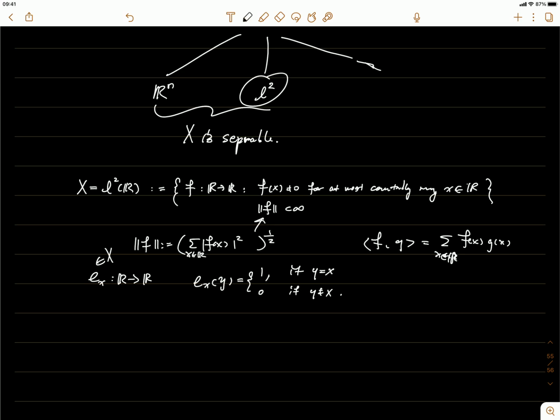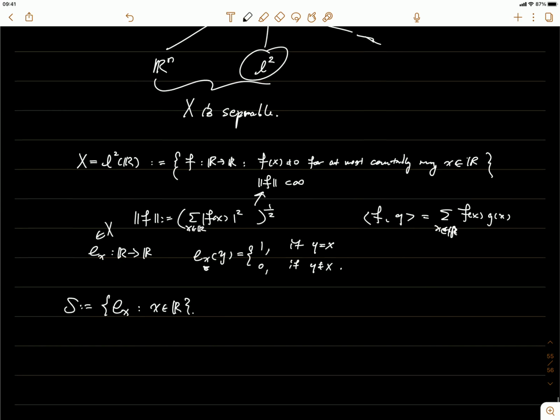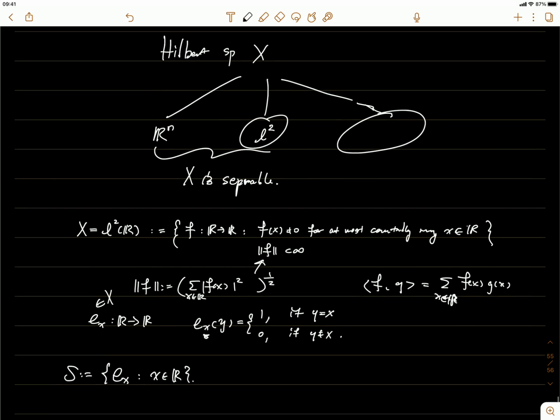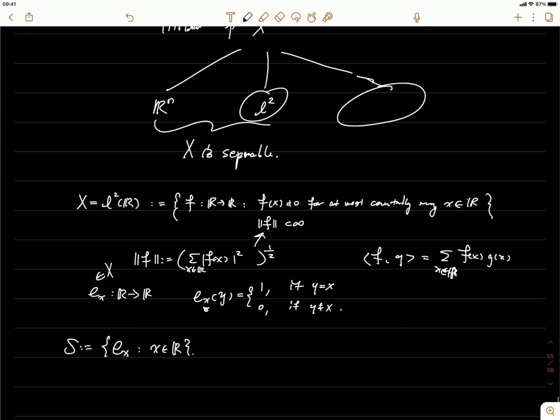So you can see that if I want to use this to represent all the functions in X, then I have to use all the possible x, right? So this is actually e_x, where x is from R. This is actually our S, and apparently this S is not countable. Okay, so this is the basis, but it's not countable. And that's the third case right here, where the space X is not separable anymore. Although S here is uncountable,